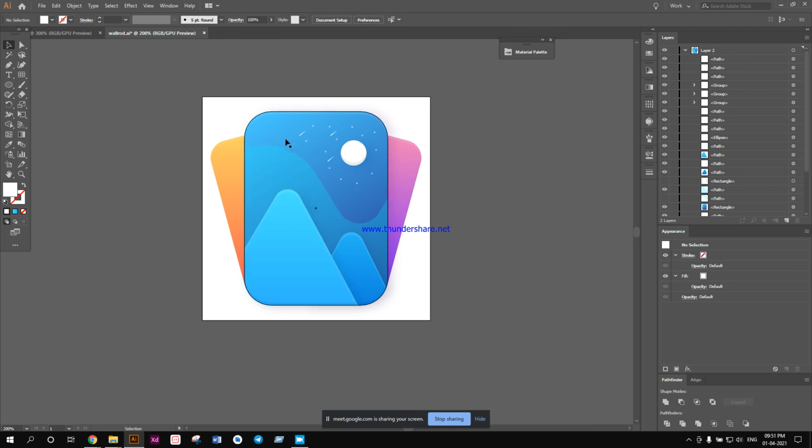To make this design, or to get to where I am now, you are seeing me at this stage. I first installed Illustrator back in 2013. So it has been well over 7 years that I have been using Illustrator. That's why I have become fluent to a certain level in designing.